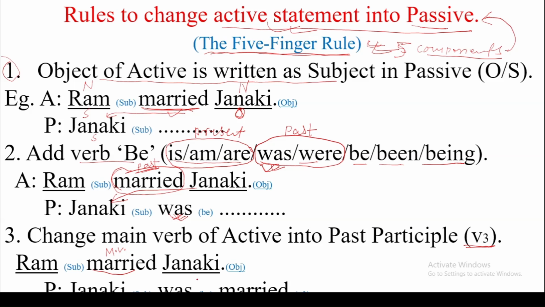So V3 of married is married, or past participle is married. So this is the third step that we changed. So up to here we completed 3 steps. The first step is we changed object as subject, then we added verb be, then we changed the main verb of the active sentence to past participle in the passive sentence,